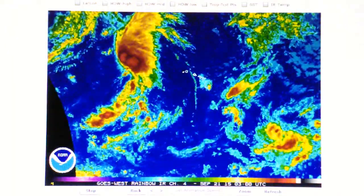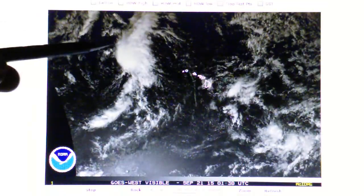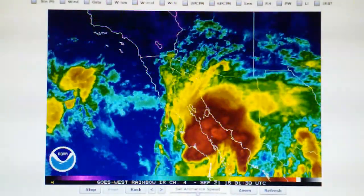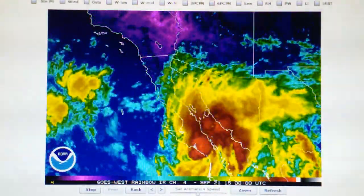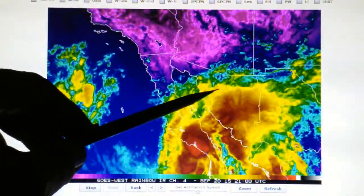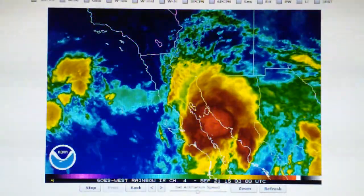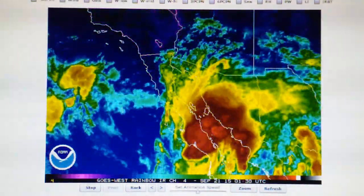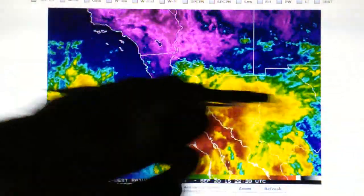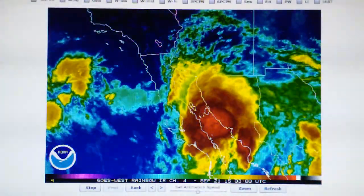This is interesting stuff. There's the infrared loop again. We've seen that. This is the blast pattern on that one storm. Okay, let's go look at the southwest rainbow loop. And here we can see that blast pattern right here. There's a big blast pattern there, and we see water vapor shooting out to the west at a very high velocity, perpendicular to all the flow. This is moving out of the western side at high velocity, and we have a general sort of a gentle north-easterly trek on this